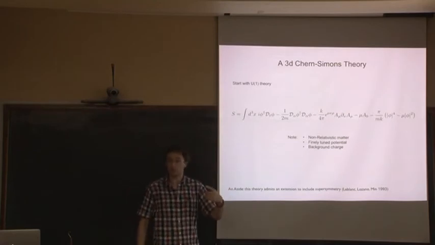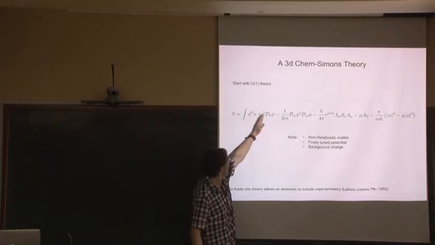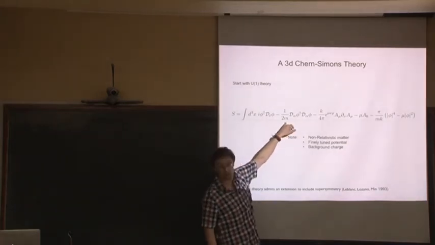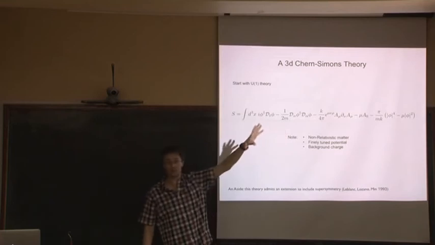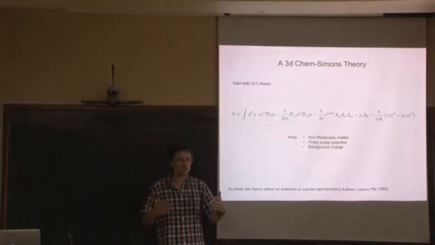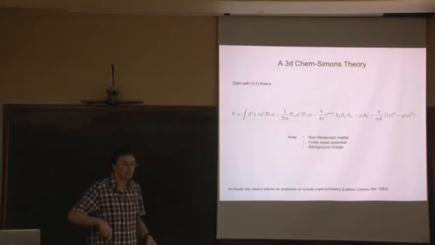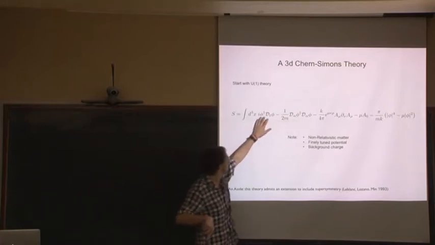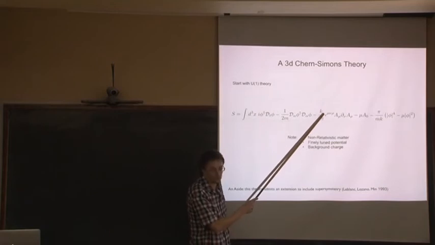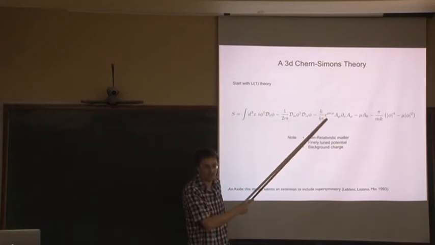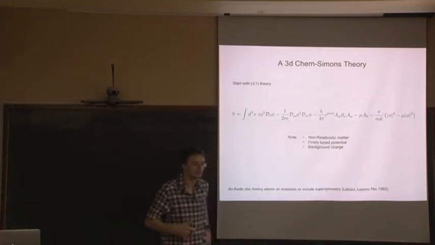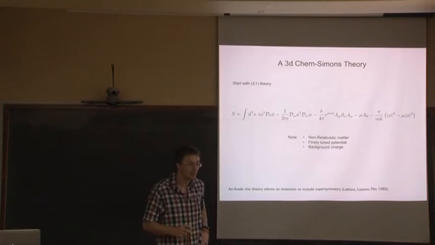Also, the dispersion relation for these particles, you can see here, is energy equals momentum squared over 2m. So it's not energy squared equals momentum squared. It's the thing we knew in high school, right? The energy is a half mv squared. So these are bosons. Well, these are bosons if you quantize them, but they actually turn into anyons because of the Chern-Simons. The particle number is a good quantum number.